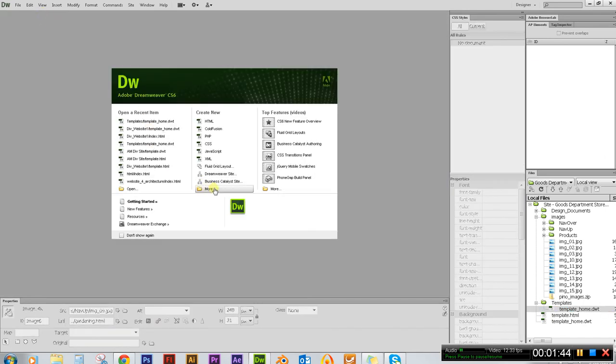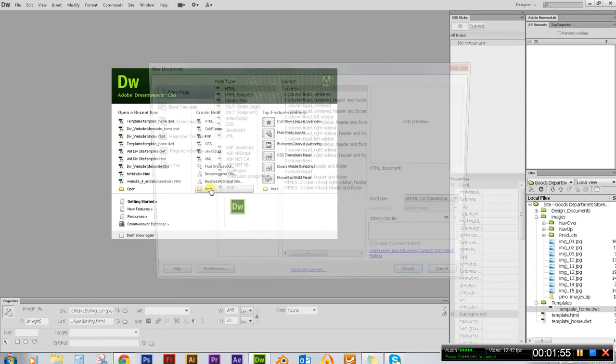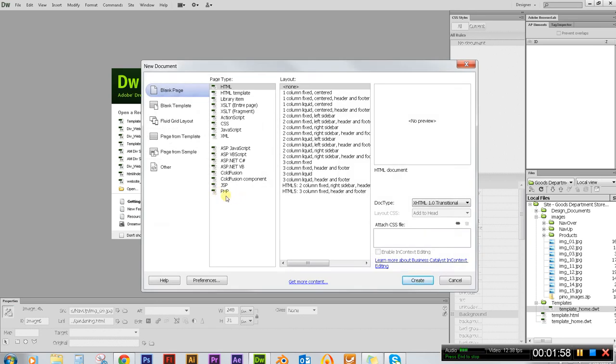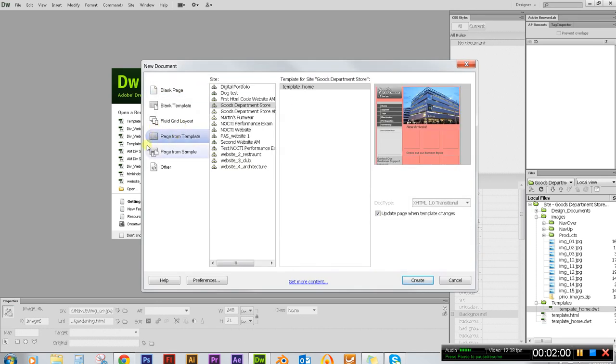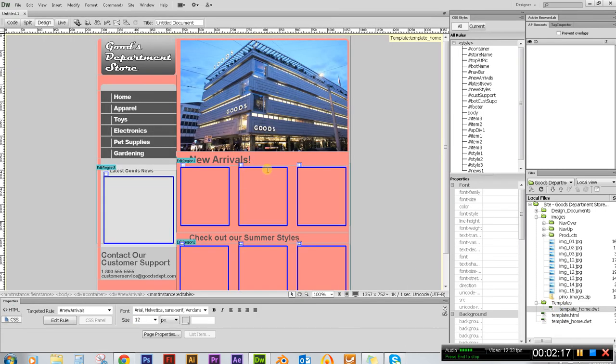And now what we want to do is we're going to go ahead and make our index page, which is our home page. And I'm going to go ahead and under the create new, go down and click on more. And then we want to click on page from template, and now if you click on your root folder, you will see that here is now the template home, this is the template that is inside the templates folder. So then you can go ahead and click on create,